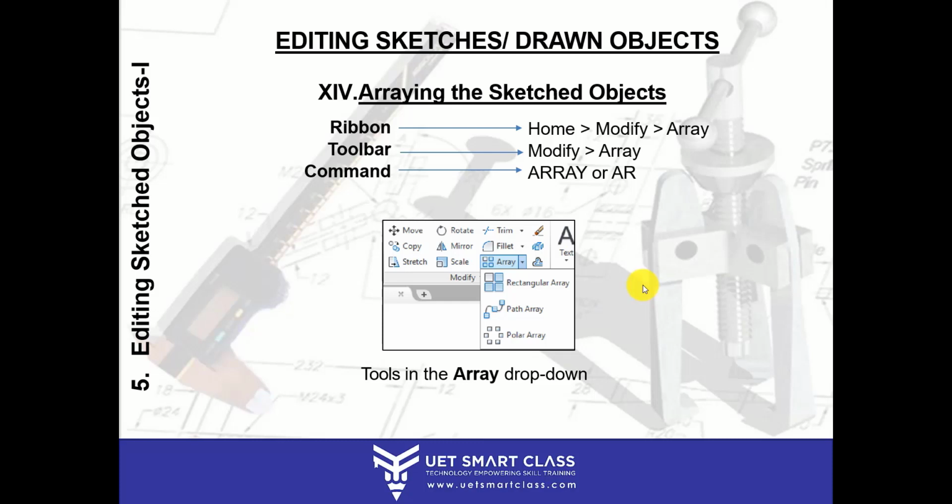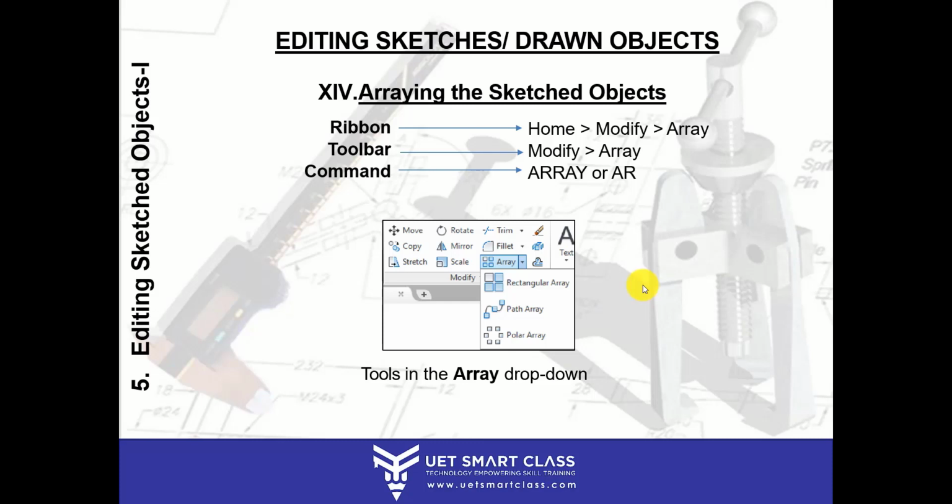So using these array tools, it will be very easy and, I would say, faster for you to complete the project rather than doing it by rotating each and every object around the axis of rotation, which is not only time consuming, but even mistakes can happen. That's why we are shifting from manual drawings to drafting, so that we can save our time and draw to a precision level and accurate level.